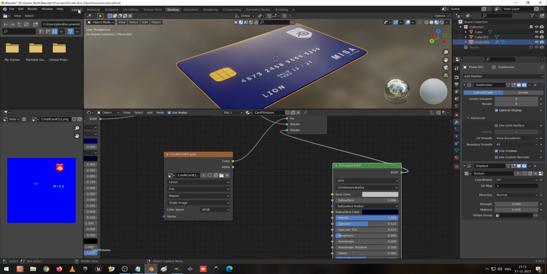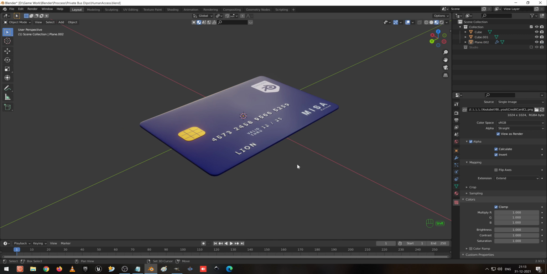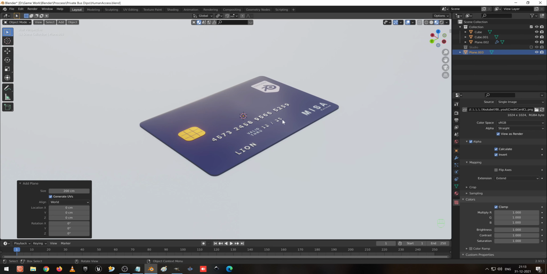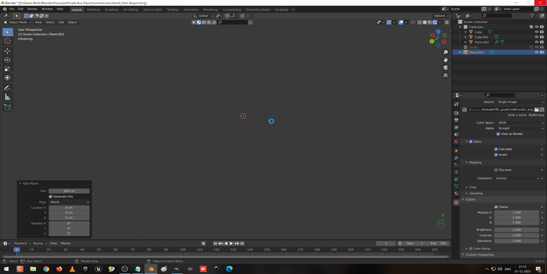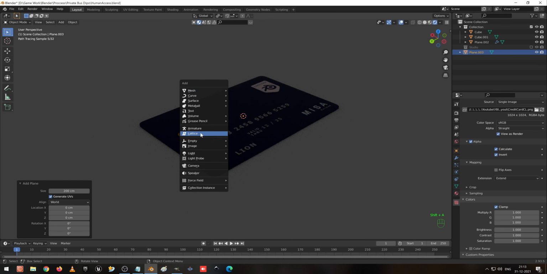So I go to the layout and zoom out, and I create one image plane for this, and I go to the render view, press Shift A and add a point light.